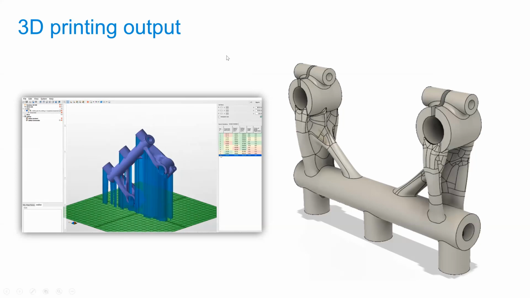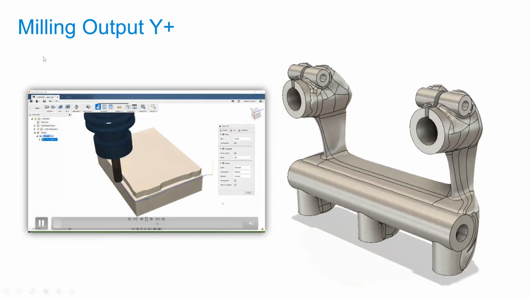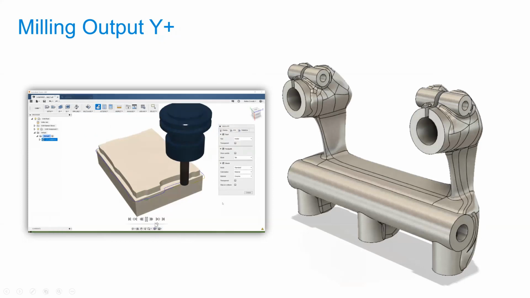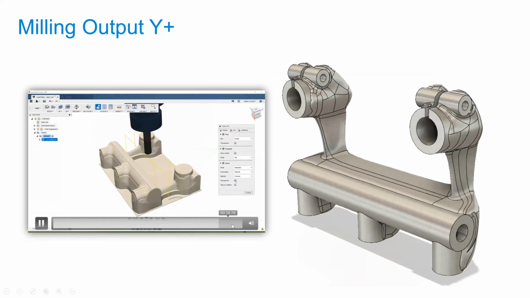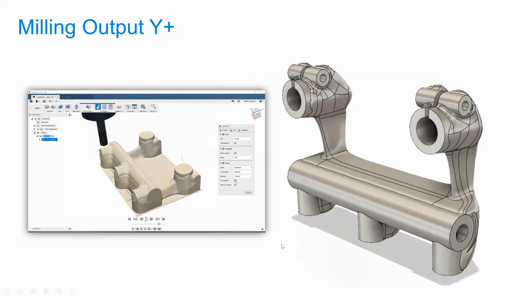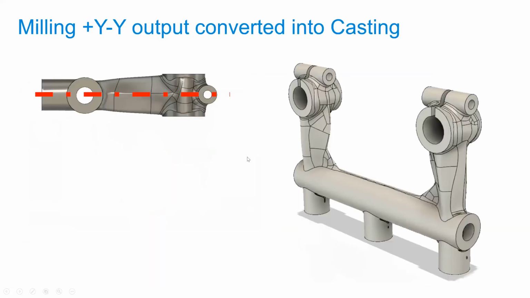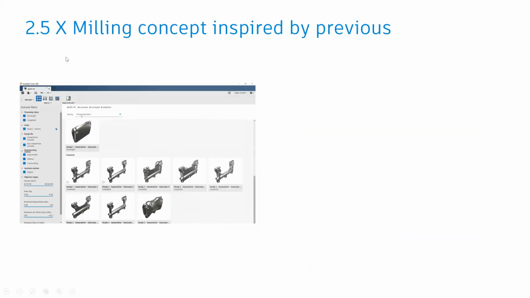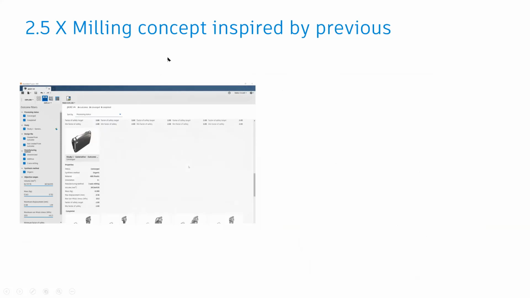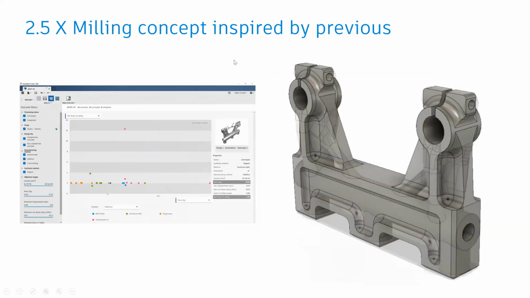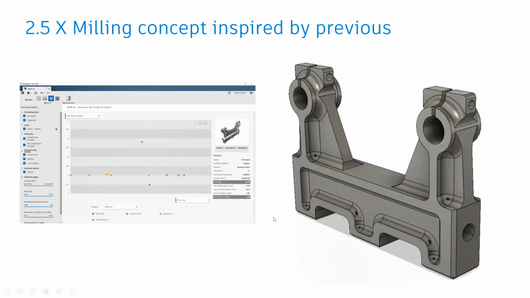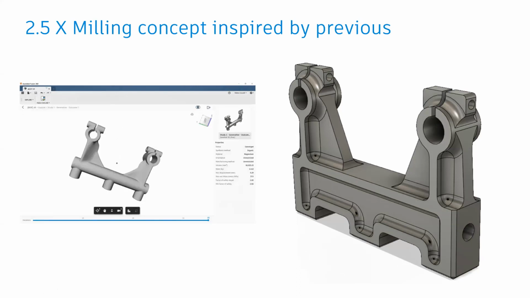So they were able to print it. They even tested for a milling operation, how it will look like, what is the cycle time it takes, and whether it is feasible for me to manufacture it or not. They even tested for a casting operation, and finally, they even checked for 2.5 axis, which was finally their go-to manufacturing means, where they settled for a 2-axis milling, which helped them to greatly reduce the overall weight of the entire gripper assembly.